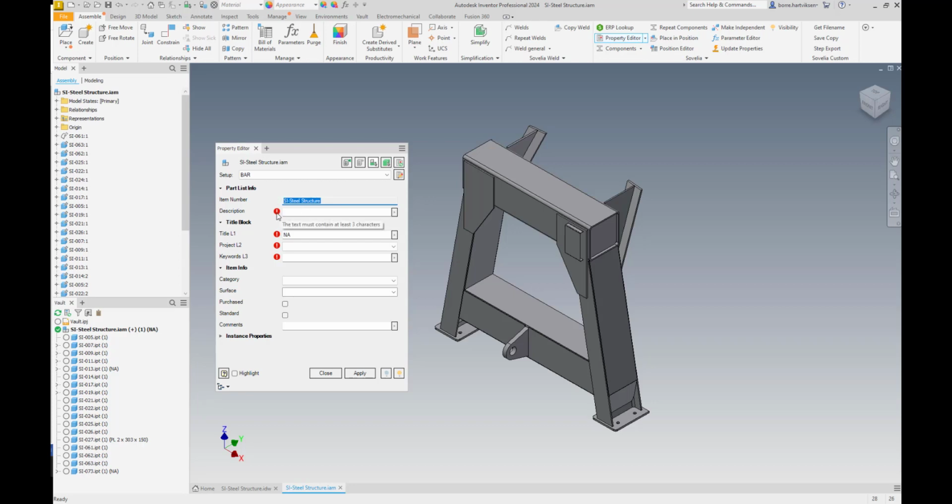We can set properties read-only, like you see item number is read-only, it's read from the model, come from someone else. And then we can set rules for the text, that the text needs to contain at least 3 characters, for instance. And we can have other rules too, like in the title is set up that we will have only capital letters at a certain length. So whatever you type, it will be capital letters. We can have drop downs here,